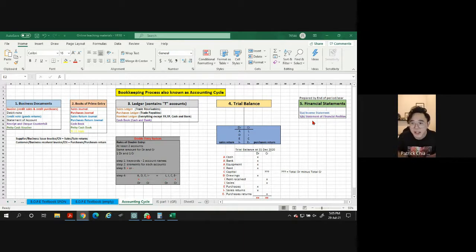So after it's done, then what? Then a new year, and we repeat all over again. Everything must start from all the evidence. Evidence is where we cover the business documents. I'll cover the few main things here. Then after that, yes, so next one, what do we do? And then next one, what do they do?